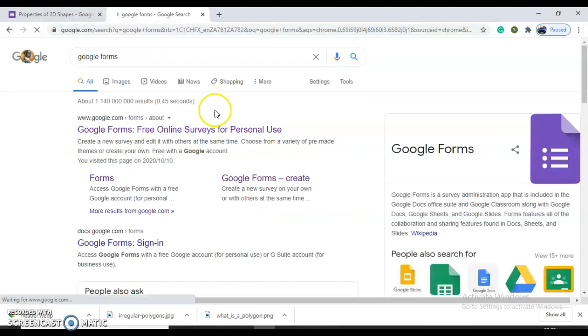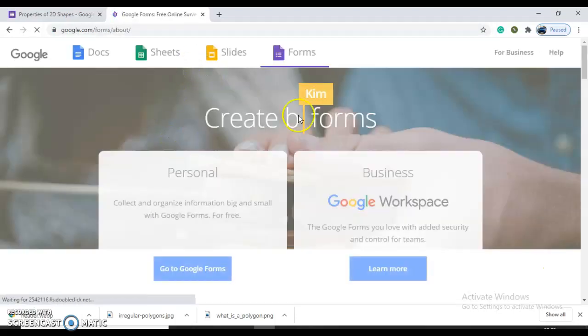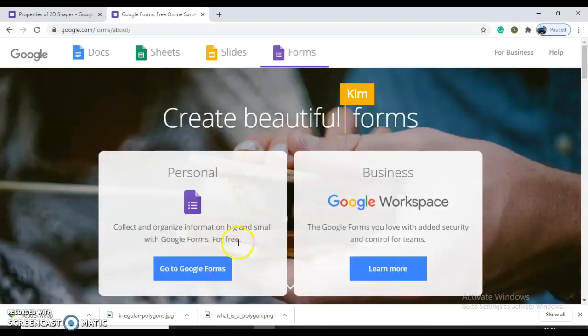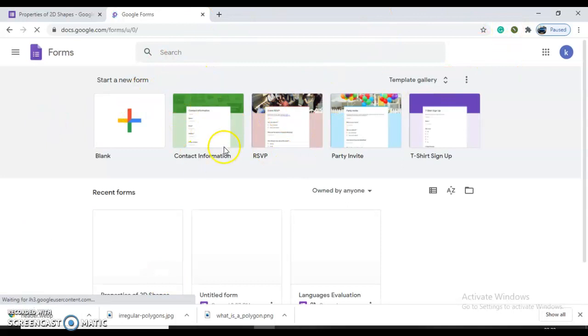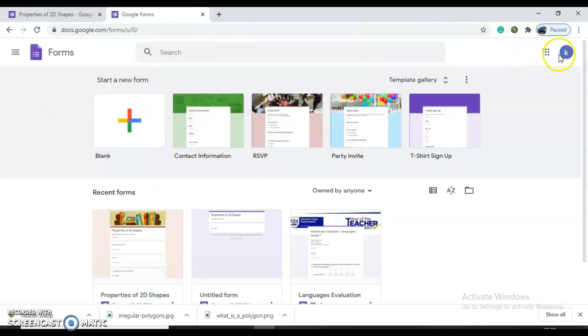All right. So once we open up Google Form, we're going to go to free online survey for personal use, and then obviously we're going to go to Google Forms. Before you get this page, you're actually going to have to put in your Google account, which you are working from. So once you do that, you're going to click on a blank form,